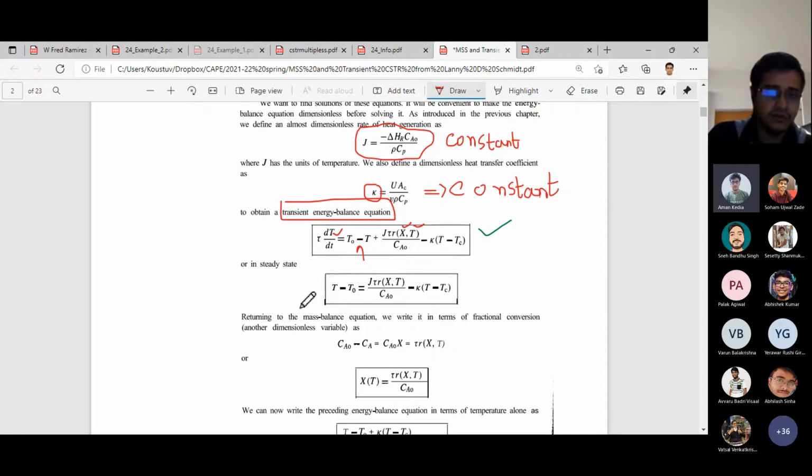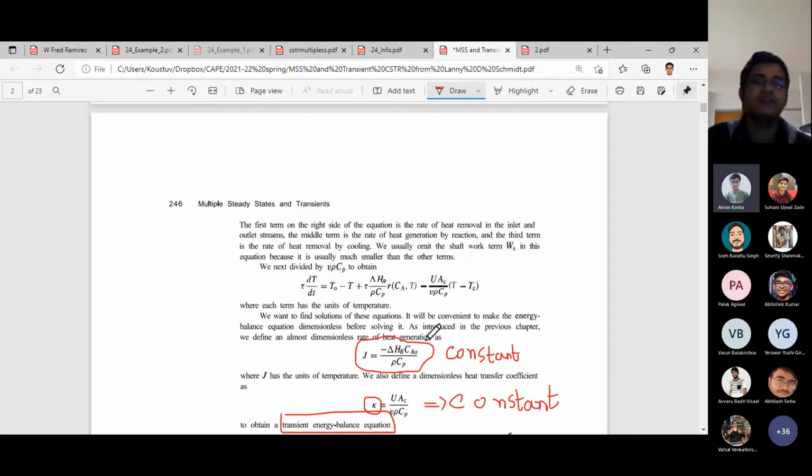Now we make use of zero at the steady state. We are interested in calculating the value of T and the value of X, that is, T_ss and X_ss, the steady state values. This is what we have to find out. But we are still at the stage of the energy balance equation, and you can see that there are two unknowns, T and X, so you have to solve two equations simultaneously. So what is the other equation?